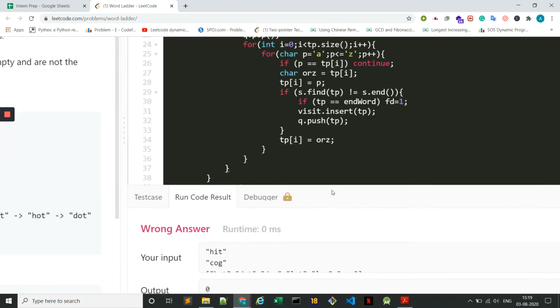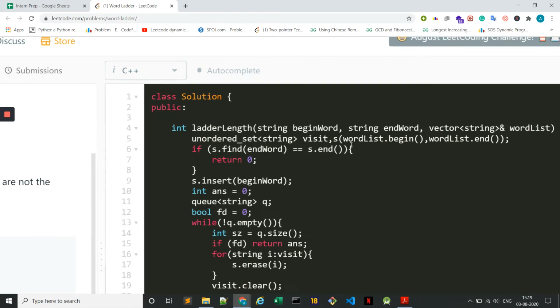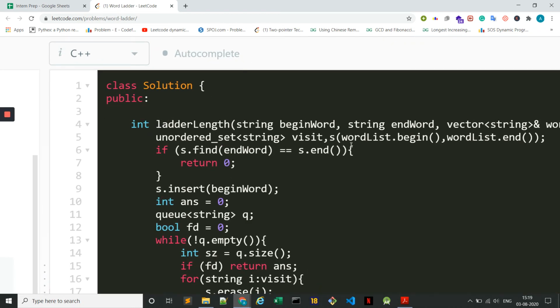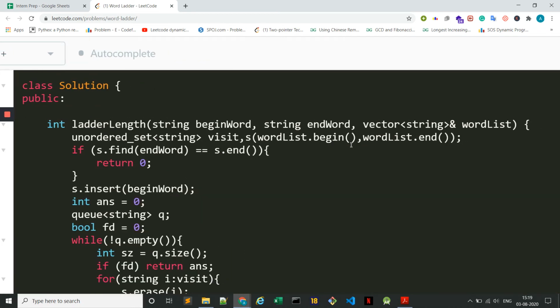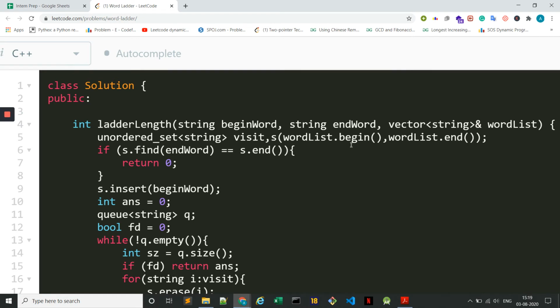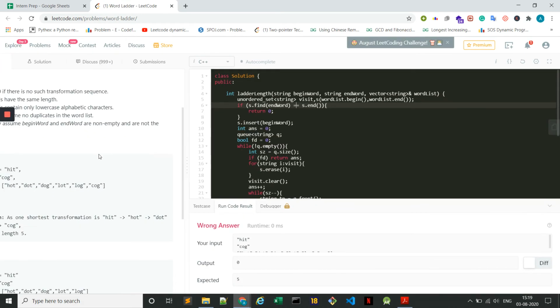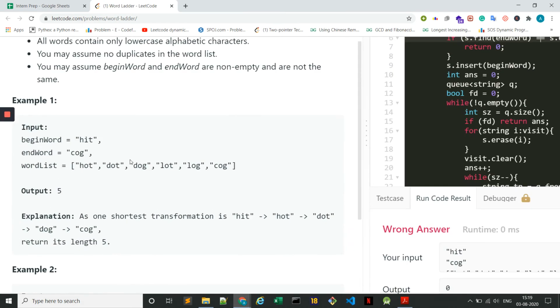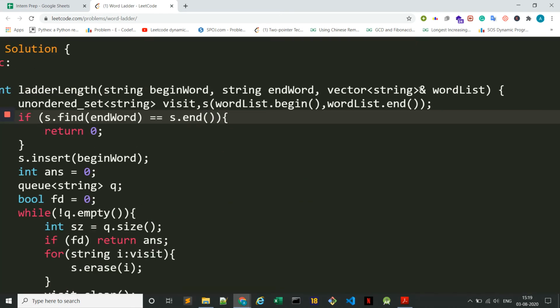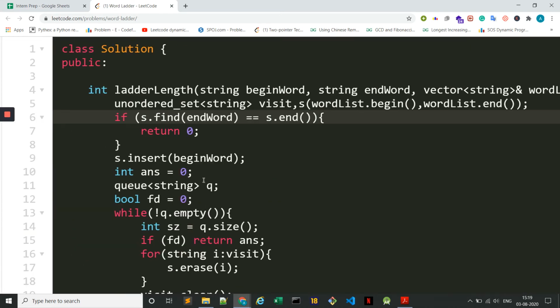The answer is always coming 0. Is there anything wrong we have done? If we are not able to find the end word, then the game is over. I think this is the case here as well. Cog is cog. Yeah. We also insert the begin word.